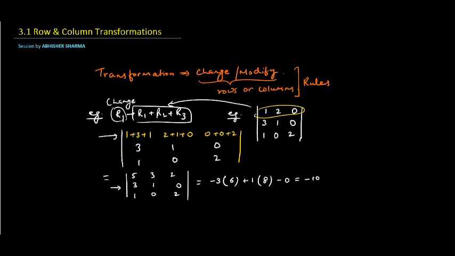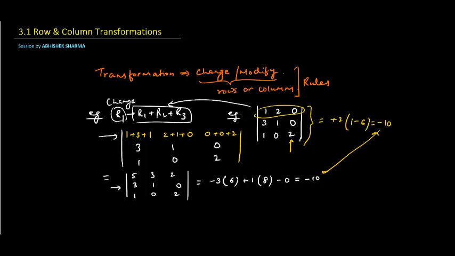Now if I look at the original determinant before the transformation, this was the determinant before the transformation. Let's see what its value is, and for this value we'll expand it along the third column because I find 2 zeros here. So the value of this determinant will be equal to plus 2 times, expanding along the third column you get 1 minus 6, which is minus 10, and these two values are interestingly the same, right? So this is called transformation of rows or columns.